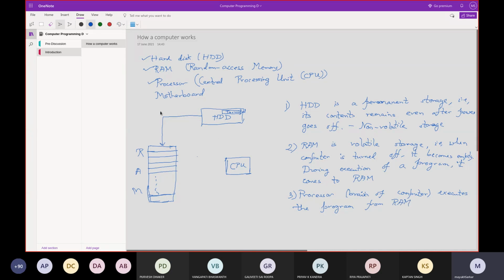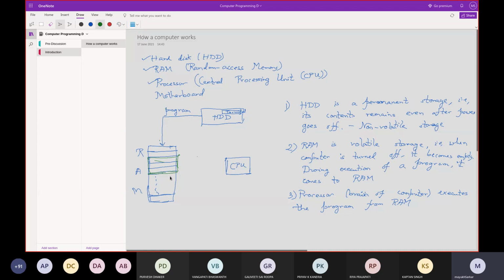Now that means the program has come here. In fact, maybe suppose it is lying in these 4 rows. Obviously, it does not take 4 rows or something like that. It takes thousands or even millions of such rows. What each of these rows contains, what comes from here in the name of program, to understand those things, you have to understand the language, how computer stores information. Computer stores information, as I've said, in terms of zeros and ones. So you have to understand that first. After that, I'll tell you what in fact comes here.